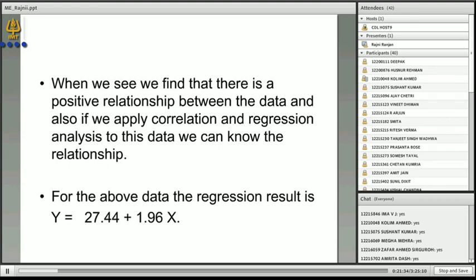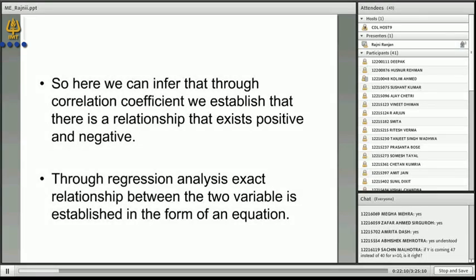So these kinds of equations are dealt with in economics, and these equations used in economics are basic fundamental standard equations which have been the result of various data analysis done by various economists, and they have used correlation and regression analysis a lot for defining these kinds of equations in economics. So with this discussion we can conclude that the correlation analysis